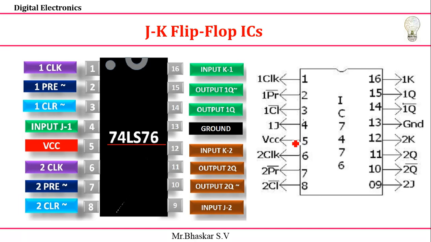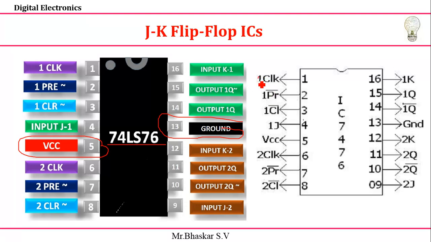In this we are looking for one more JK flip-flop, and you can see the pin diagram here. Each JK flip-flop has J, K, Q as well as Q bar. Along with this you have a clock, preset as well as clear, and each IC is connected to VCC and ground. Keep in mind, pin number 13 is ground, and pin number 5 is VCC in this case. In the remaining cases, 16 or 14 pins are VCC, but in this case pin number 5 is VCC and 13 is connected to ground.